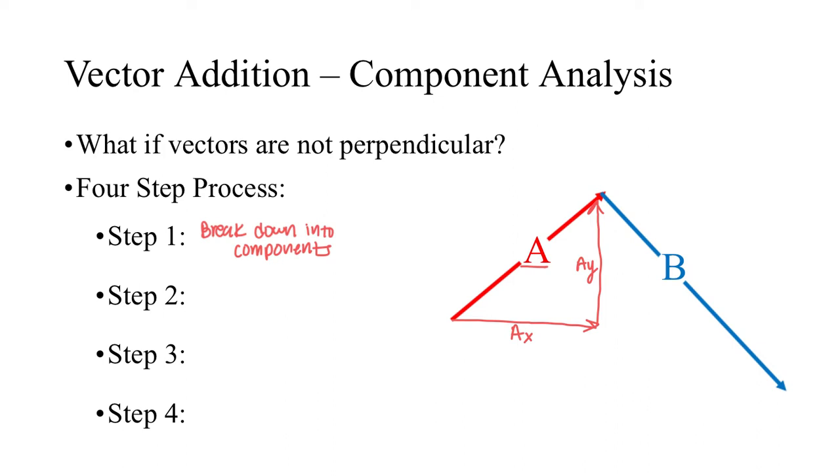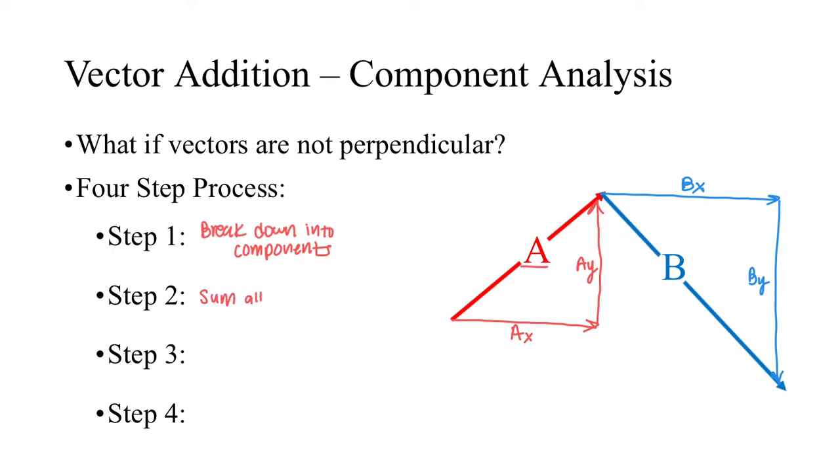I can also break down vector B into two component vectors. This would be the horizontal piece, and that would be the vertical piece, B sub y. And again, I'm just drawing in the legs of the right triangle that vector forms, essentially. So I have these components. What I can do is actually calculate each of those components using trigonometry,